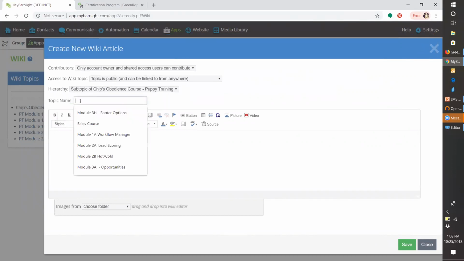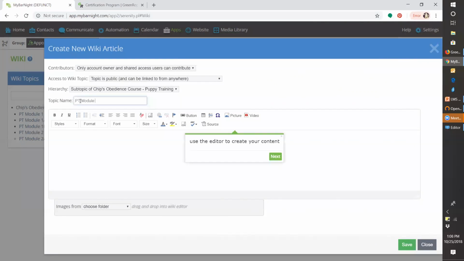PT, puppy training. I'm going to keep it super simple, because if you make it complicated in here and don't use those same terms, you'll get lost. When you're trying to put it all together, it won't make any sense at the end. So basically, you need to lay out all your puzzle pieces before you can put it together. So here we're going to do